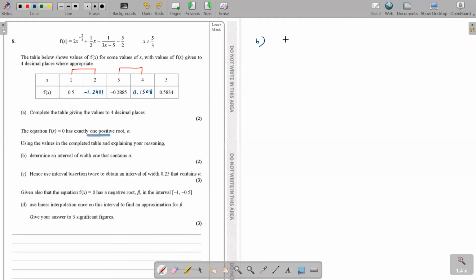3x minus 5 equals 0. And what do we get for x? x equals plus 5 over 3. Are you agreeing with me? What is 5 over 3? The decimal figure is